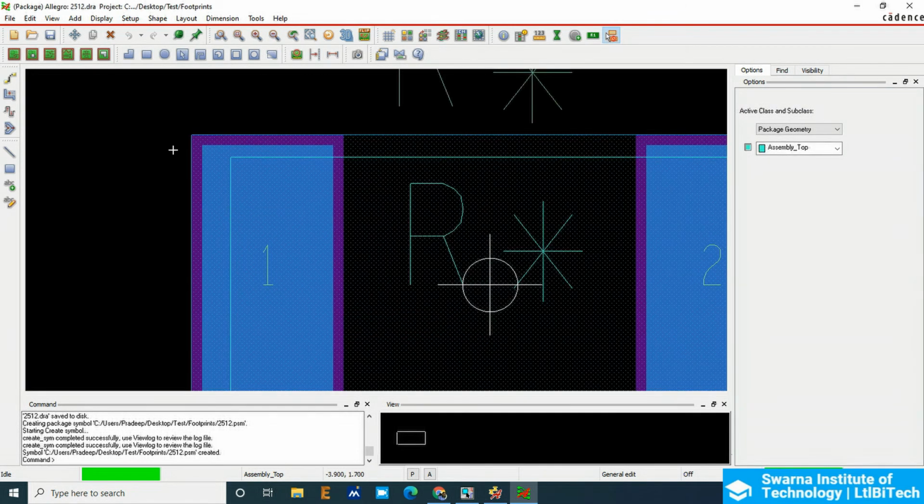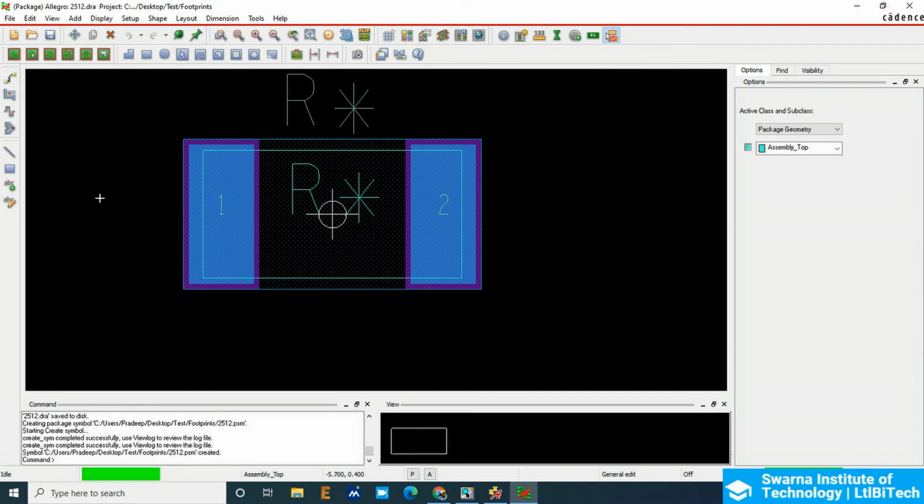So this is all about the resistor footprint, that is the assembly resistor footprint. Assembly reference and the silk reference are also added. Assembly top added, and place bound top, silk screen top, and no probe top will be added automatically. And these are the 2 pads here, pad 1 and then pad 2 of 2512. So click on the save button here. If I save, here you can see the drawing file and the PSM file have been created.